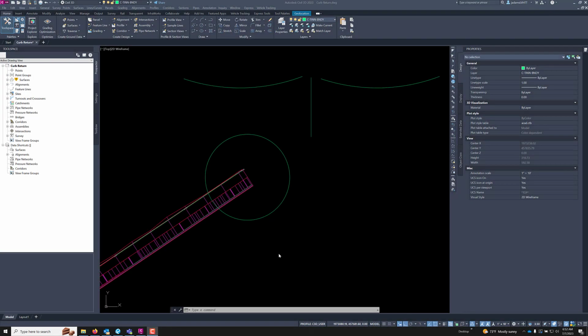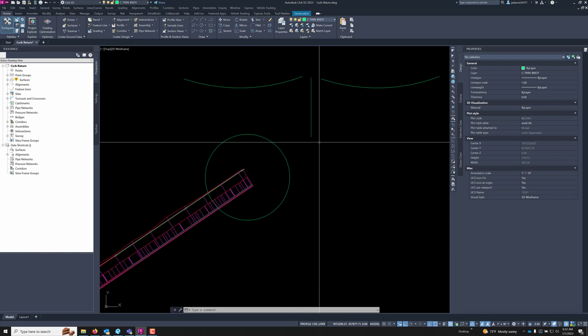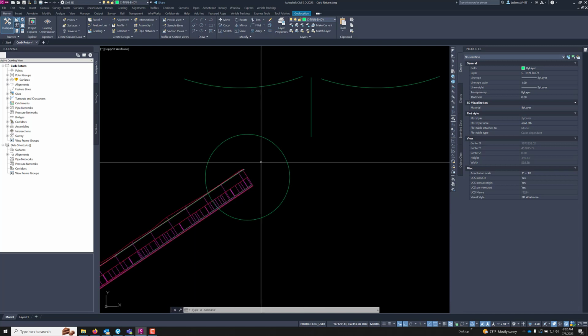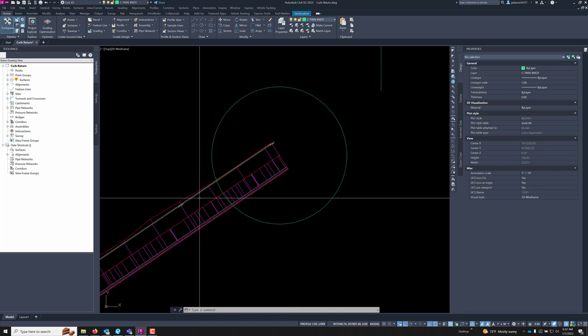For this week's quick tip video, we got 2 production tips that may help you in your drafting. So I have here a road and I'm wanting to put a cul-de-sac on the end. I've already drawn the circle for my edge of pavement, and I've got some lines here that represent the edges